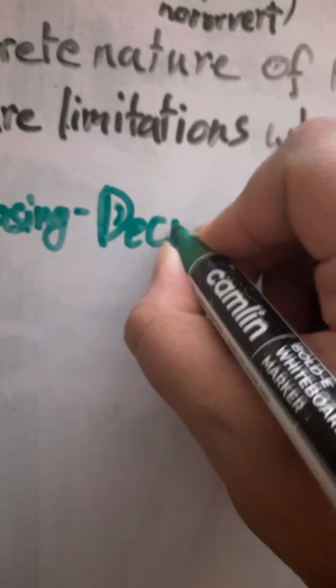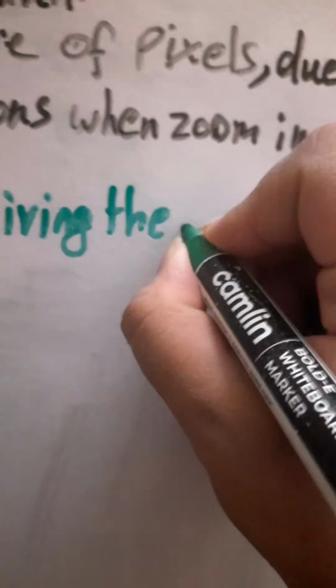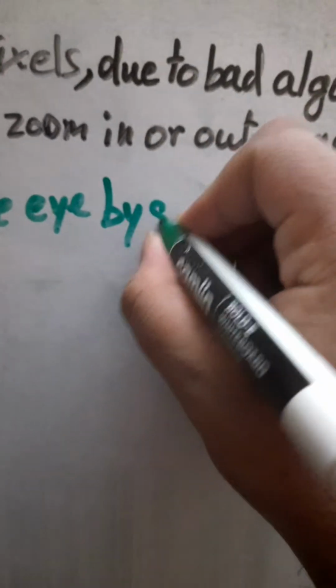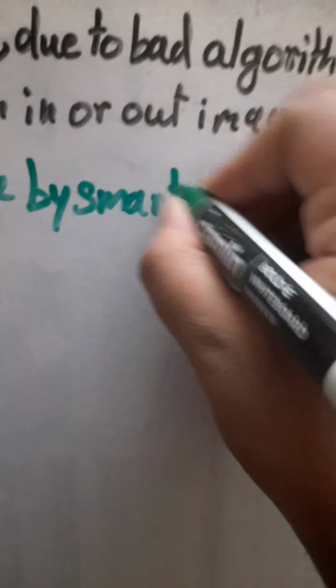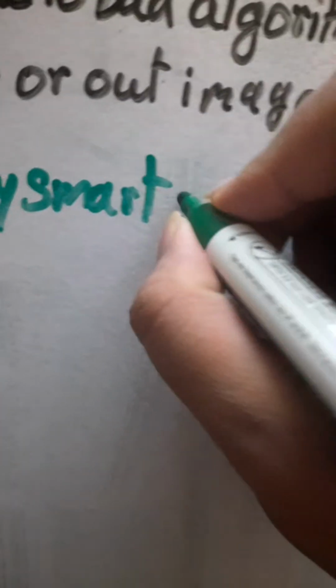Anti-aliasing means deceiving the eye, the human eye, by smarter algorithms. What is resolution? If you increase the pixels per area, that would be your resolution, because it won't look separate or discrete, or box type pattern. So, deceiving the eye by smart algorithms